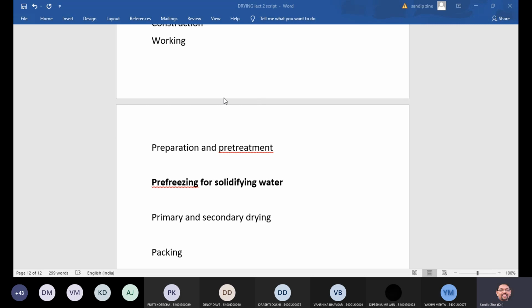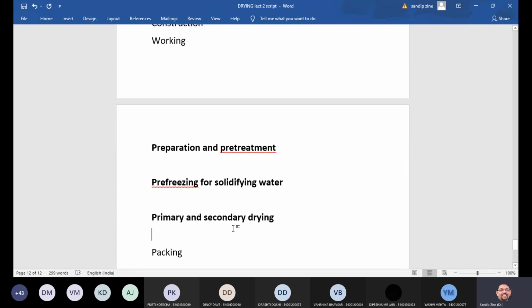And heat enters the product by a number of mechanisms, maybe by direct contact between the container base and the shelf, or by conduction across the container base and then to the frozen mass to the drying front, or by gaseous convection between the product and the receiver in the chamber condition. So clear this particular point: preparation and pre-treatment, then pre-freezing for solidifying water, primary and secondary